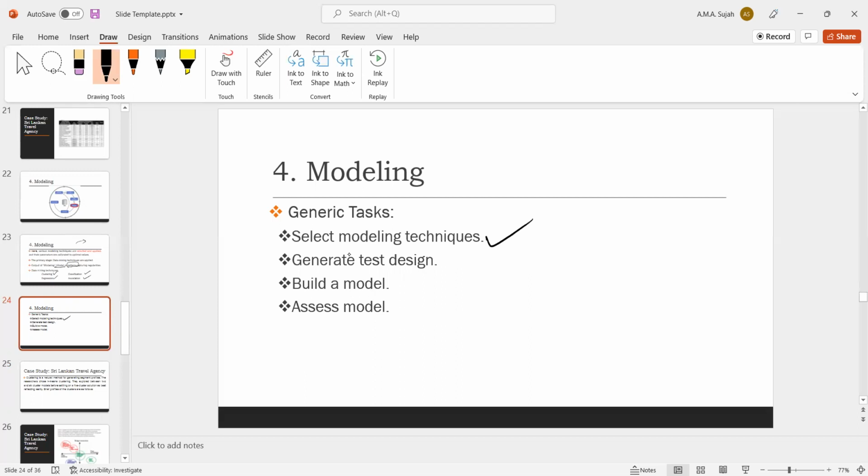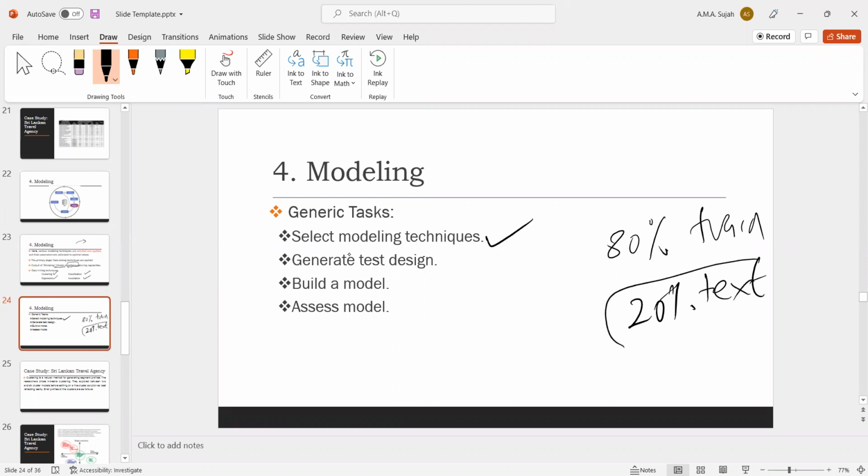Then we will design the testing. We can't evaluate the model without designing the testing. What is the amount of data we use to design the model? Let's say we can use 80% of the data to train the model, as well as 20% of the data to test the model. You can decide how much, or we can use tenfold testing. It's depending on us, and depending on the data set we have, we decide the testing design: how we can test, from where we can collect the data for test, or we can use the same data randomly from the training data. It's depending on us.